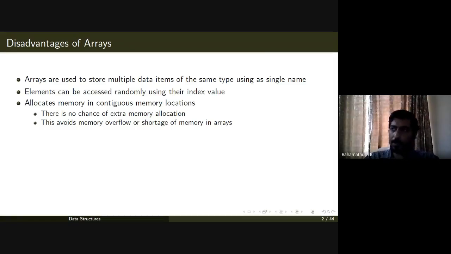Let's say our architecture is going to take 4 bytes for storing one integer. Then it will try to find some 40 bytes of free continuous memory locations, and the first byte address will be returned to the CPU, saying that, yeah, this is your address of the array.